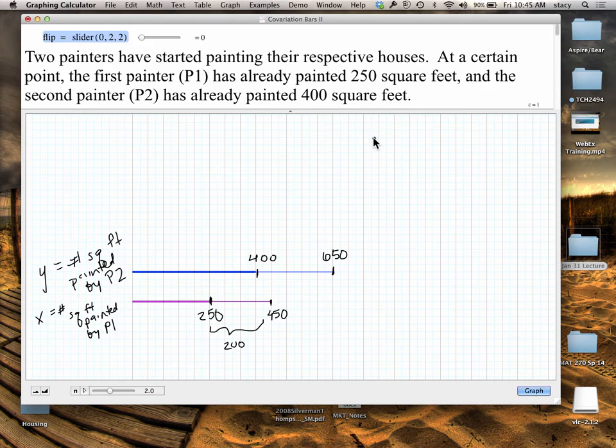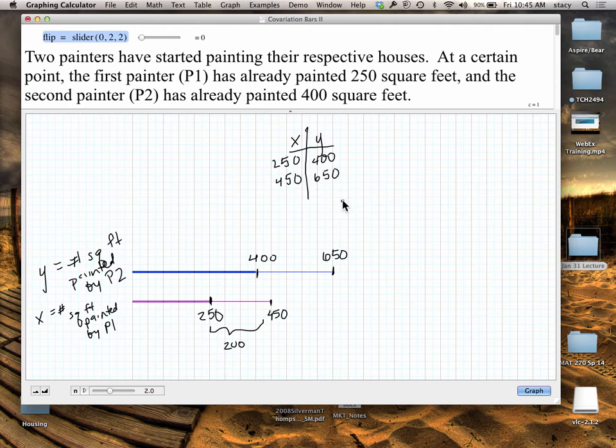Okay, so let's actually make a table so that we can see what's going on. So if I wanted to compare relative sizes of y to x, I can keep track of values, right? So I've got x values and y values. At the start of lunch, right, we've got 250 square feet painted by painter 1 and 400 square feet painted by painter 2. And then after they get to work in the afternoon, I've got 450 here and 650 here,